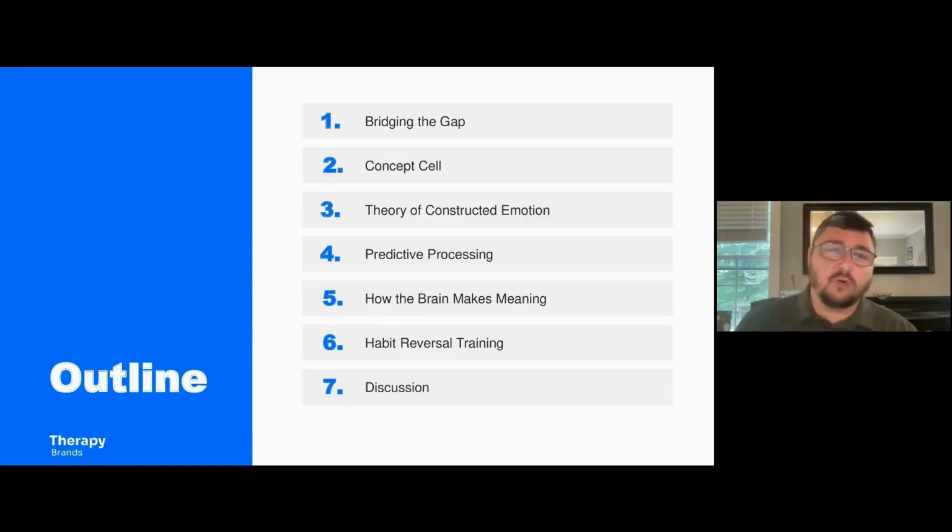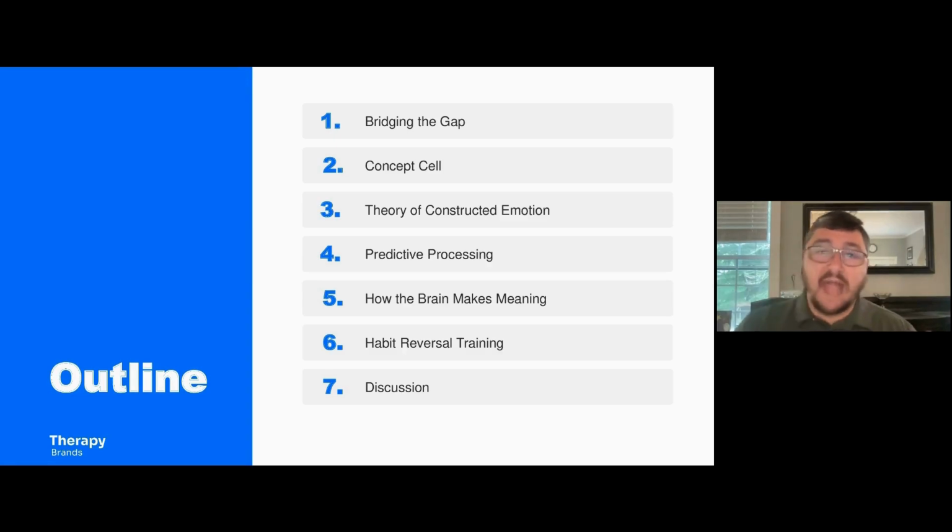So here's the outline of what we'll talk about. To be honest with you, all of these things in and of themselves could be a whole graduate course. So my goal here today is to start a conversation about a new way, or a different way, to look at behavior. And this is how I came to this lens, this trauma and attachment lens.